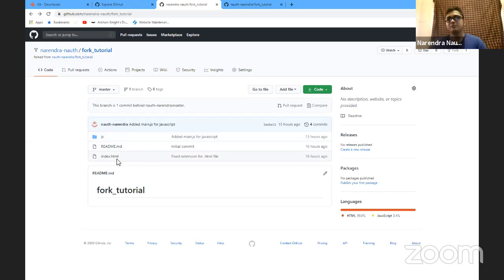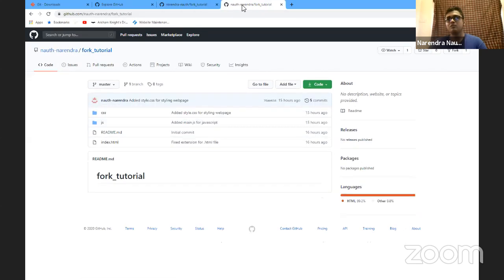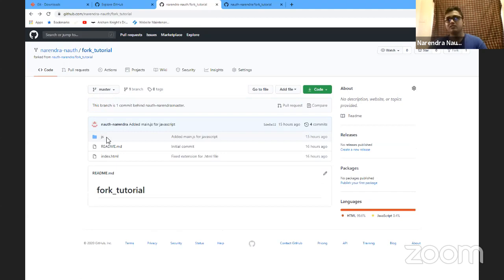So in my version, I have an index.html file, a readme.md file, and a JS folder. And if you notice, the messages of commits are shown here by users, where it says added main.js and so on. So now on the original repository, someone would have committed and created a CSS folder for styling the web page. But my repository is not updated. So what I would want to do